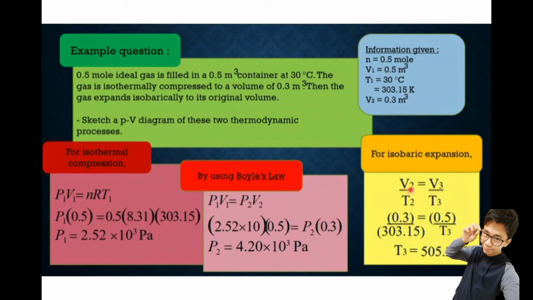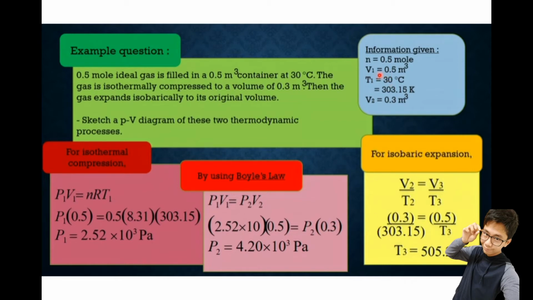So we substitute the value we have, and then we get 0.3 over 303.15 is equal to 0.53 over the third temperature. So we have the third temperature is equal to 505.25 Kelvin. But take note, this third temperature actually is the second one,